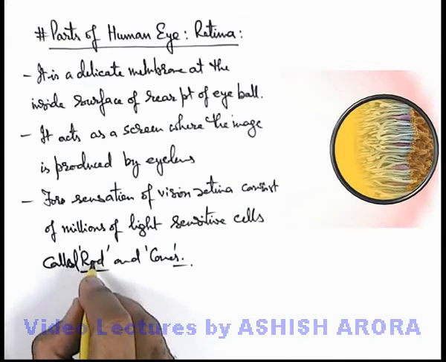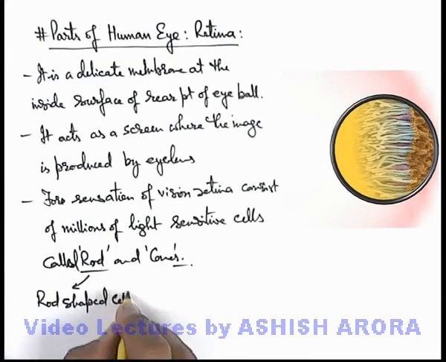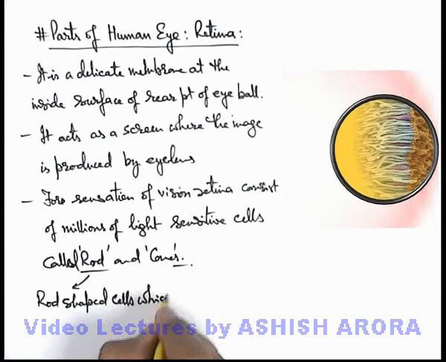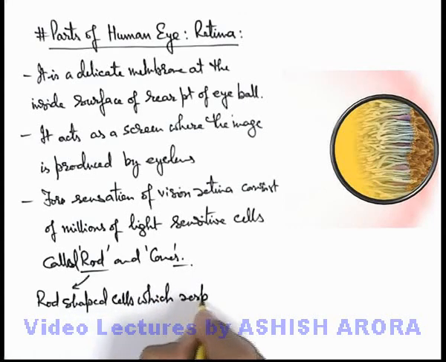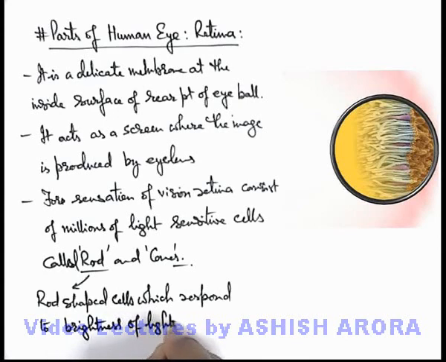About rod-shaped cells, we can write these are rod-shaped cells which respond to the brightness of light. These cells are sensitive to the brightness of light, and we can say these are active